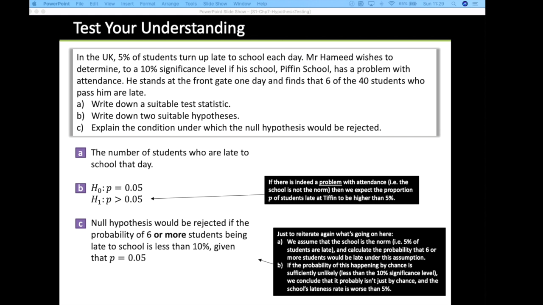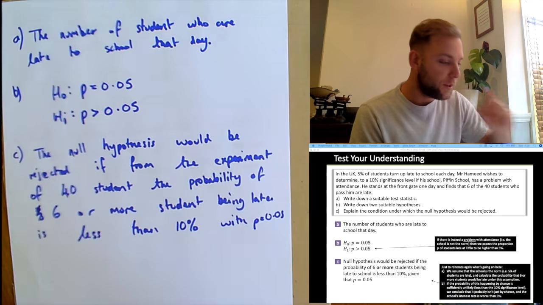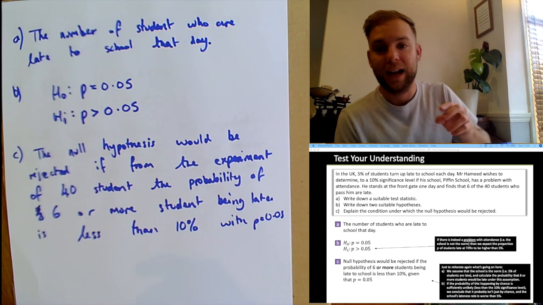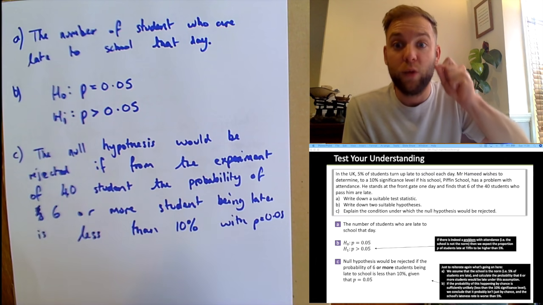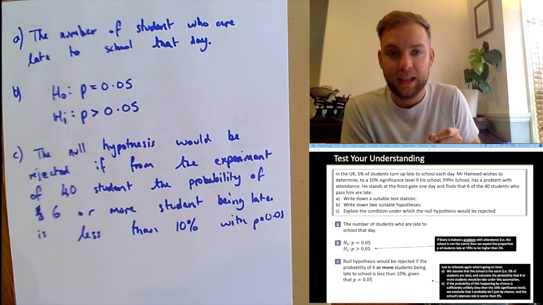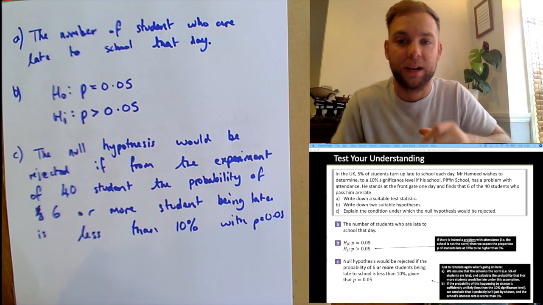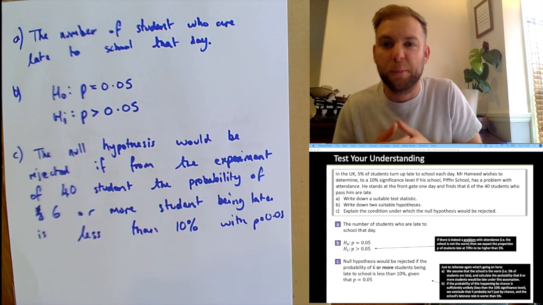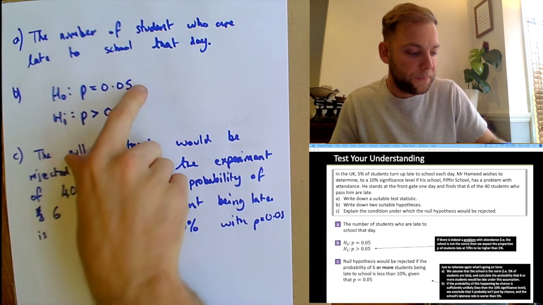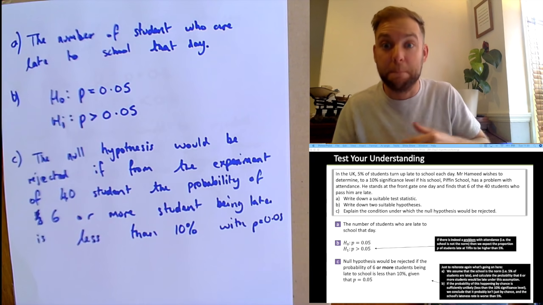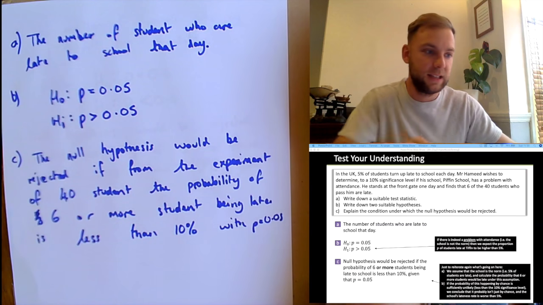So kind of in a nutshell with that, if we do our test and actually the probability of it happening is really small, okay, then we actually say that yes, the school's got a problem with attendance, because the chance of that happening is so small that actually the probability of children being late must be bigger. Okay, so